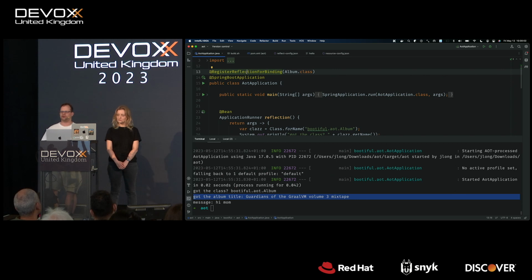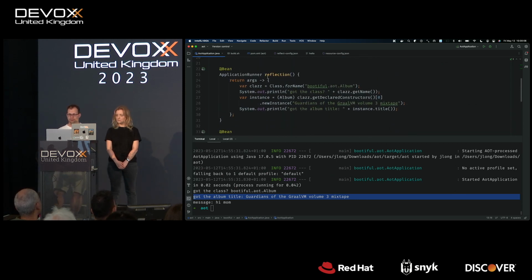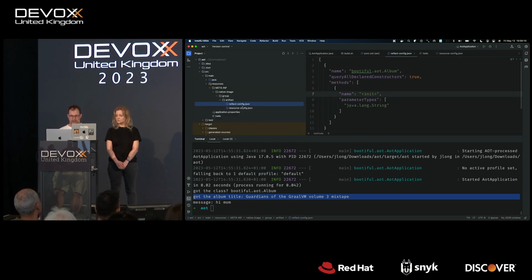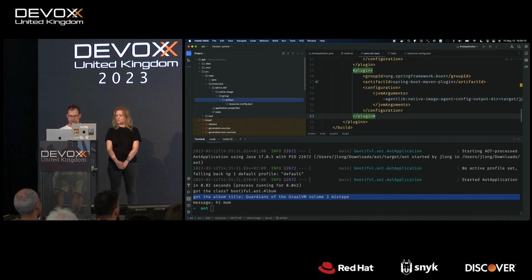So this annotation is just for that one specific scenario, right? So you don't need to worry about reflection a lot of times, but sometimes you do. And you could either write the reflect config or just use this annotation that we just did. So this, you can delete that, and it's pretty powerful. Now, if you wanted a little bit more power,